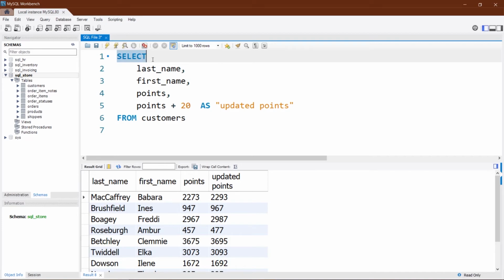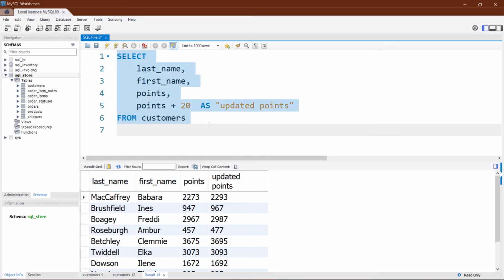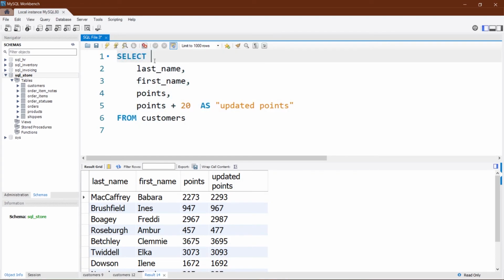Here with the select clause, we used the as clause, and from is very necessary because it is telling us from where we are going to pick up the columns, so from customer table. This is what I wanted to discuss with you guys here. We have seen select, we have seen star. Instead of star, we have seen last name, first name, points, we have seen the arithmetic expressions, and we have seen how we can change our column names using the as clause.